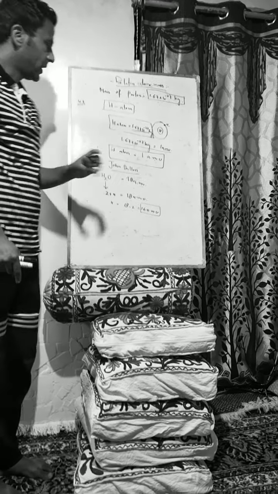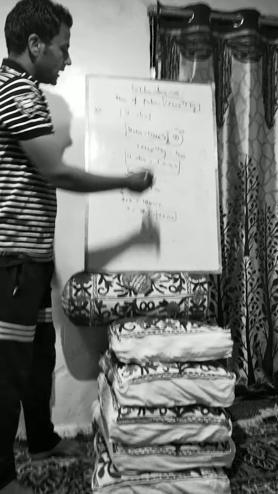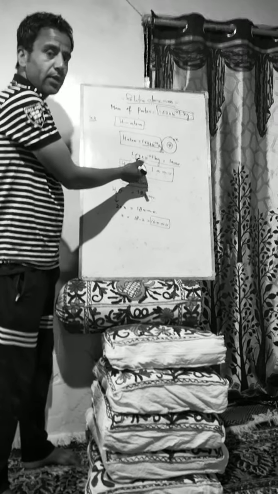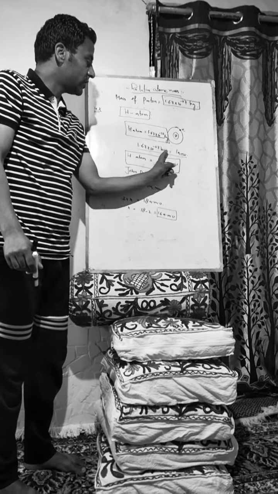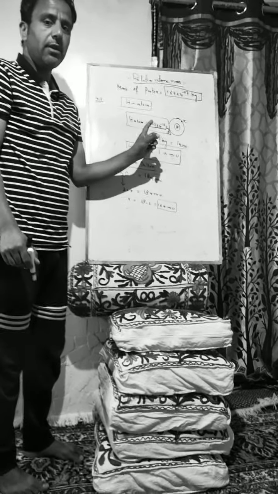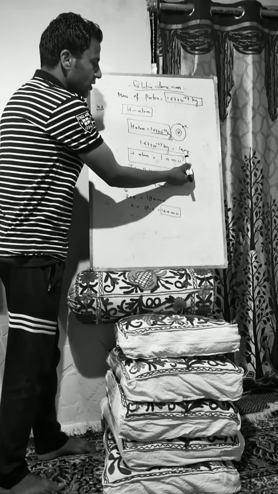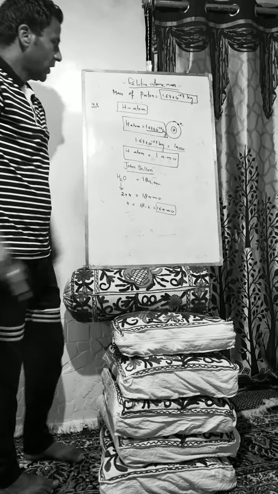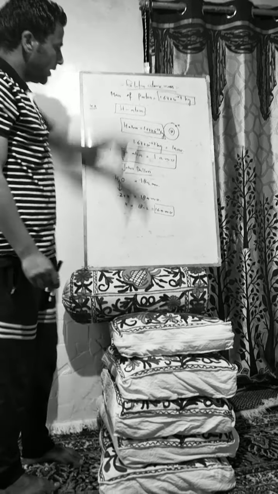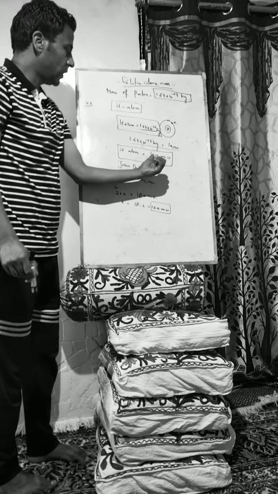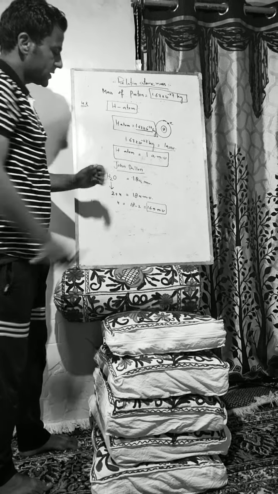that is equal to the mass of proton. Now in chemistry, we simplify things: instead of writing 1.67 × 10^-27 kg, we write this as 1 AMU, that is atomic mass unit. What is atomic mass unit? Atomic mass unit is equal to the mass of proton. So if the mass of proton is equal to 1 atomic mass unit, then the mass of hydrogen atom is equal to 1 AMU.